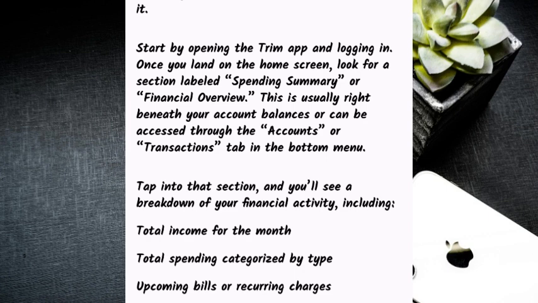Start by opening the Trim app and logging in. Once you land on the home screen, you want to look for the section labeled Spending Summary or Financial Overview. This is usually right beneath your account balances or can be accessed through the Accounts or Transactions tab in the bottom menu. Tap into that section and you're going to see a breakdown of your financial activities, including total income